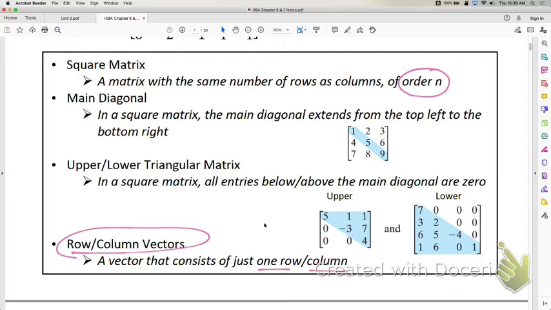So like A would be a good example of a row matrix because it has only one row. A column matrix you could say is C. C would be a column matrix because it has only one column. Okay. Now we're going to talk a little more vocabulary on the back and how to construct some matrices yourselves